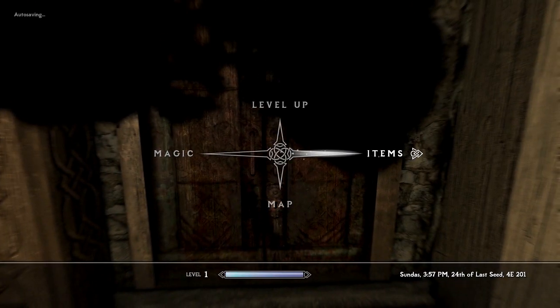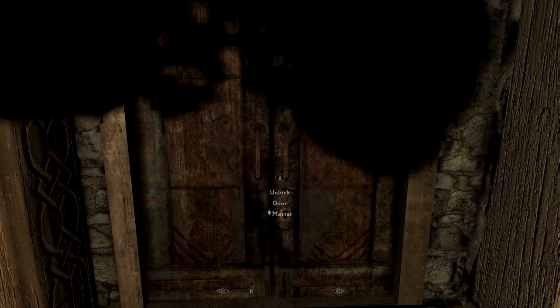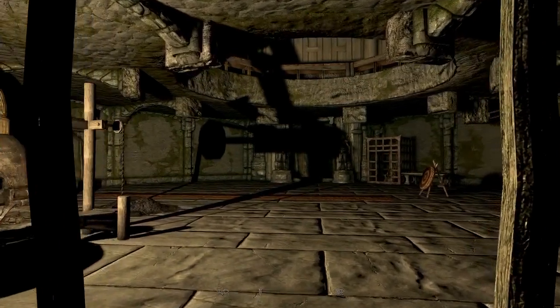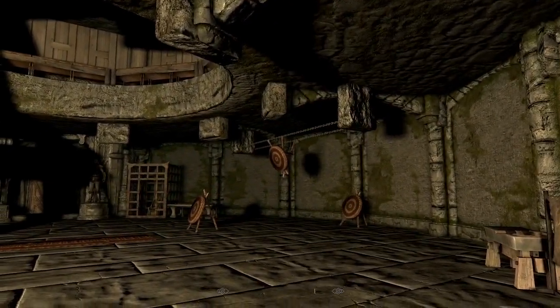But then we come to this very strange door, and I'm curious, do I have a torch on me? I don't think I do. I don't. Okay. But this door is a master lock, but if you picked up the key up in the foyer, it does indeed unlock. Now that is as dark for you as it is for me, but I promise you it gets a bit brighter. As you walk through here, it unveils this massive underground sanctum, if you will, this gigantic crafting area and training area